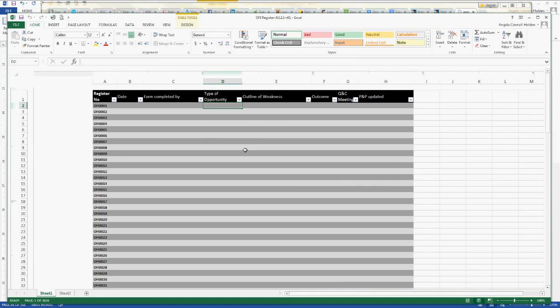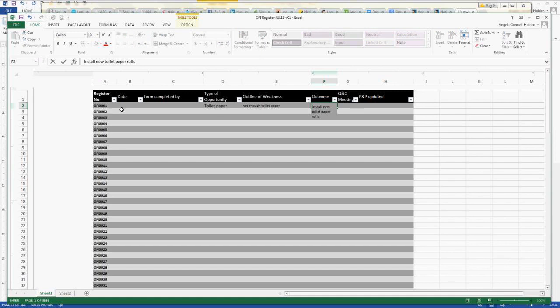With the opportunity for improvement, complaints and appeals, and WHS, we have a register. So you have registers here, and this is where you'll keep a register of all of those forms. So that form that we just completed for opportunity for improvement, you put the date for that, who completed the form, like the one we had, for example, was toilet paper. The outline of the weakness is not enough toilet paper, and the outcome was install new toilet paper rolls. And that's what you put on the register.